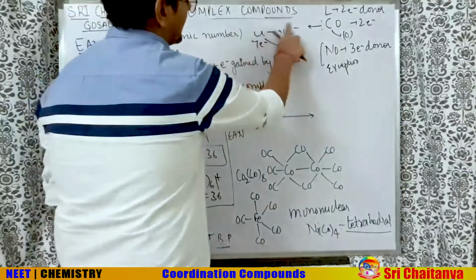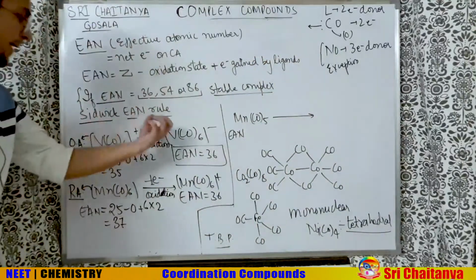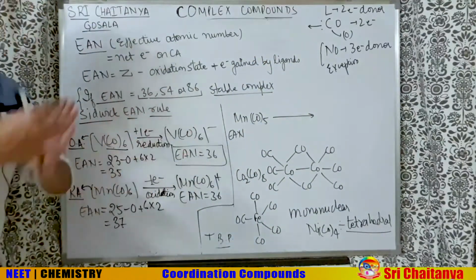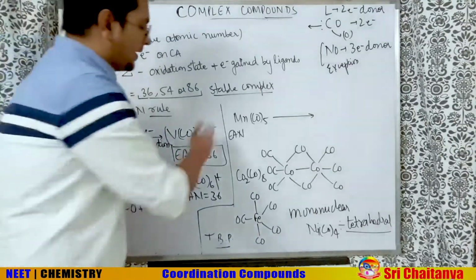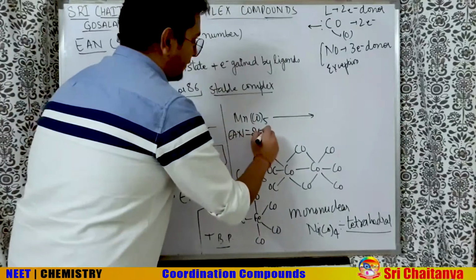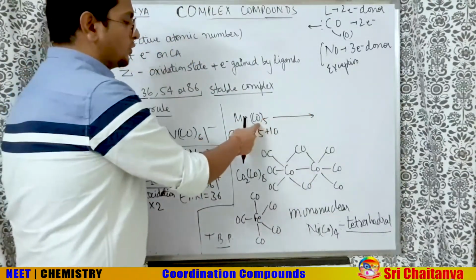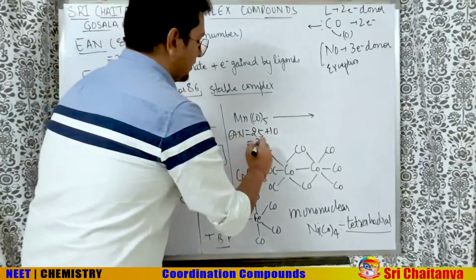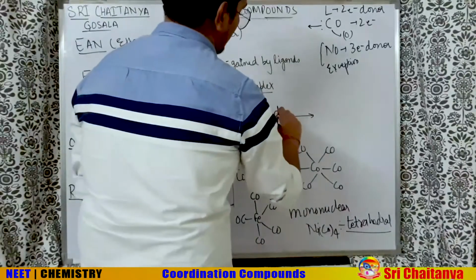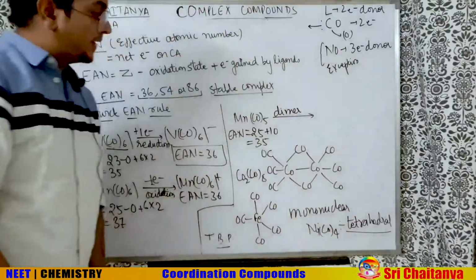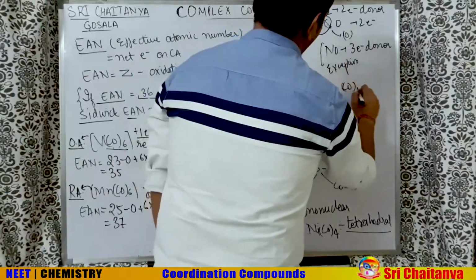So when you want to increase the EAN, the net electrons, there are 2 ways. One, by taking an electron and becoming an anion. Second, by sharing an electron, and you will get dimerization. For example, EAN here is 25 plus 10 directly, because the oxidation state is again 0, 5 into 2, 10 electrons gained, 35. So if I want 1 electron more, there is one more thing I can do, I can dimerize. So when it dimerizes, the formula you are going to get is Mn2(CO)10.